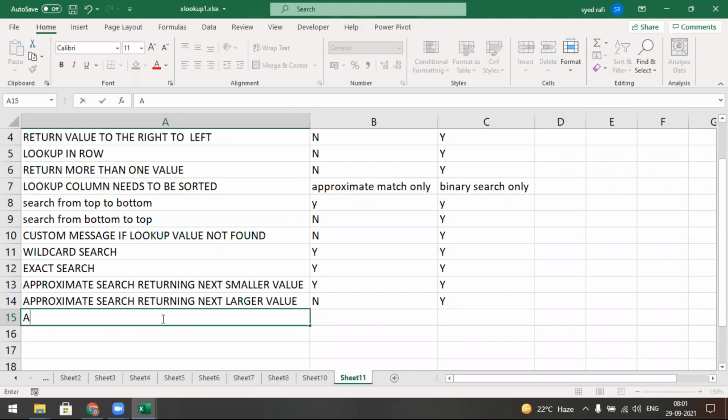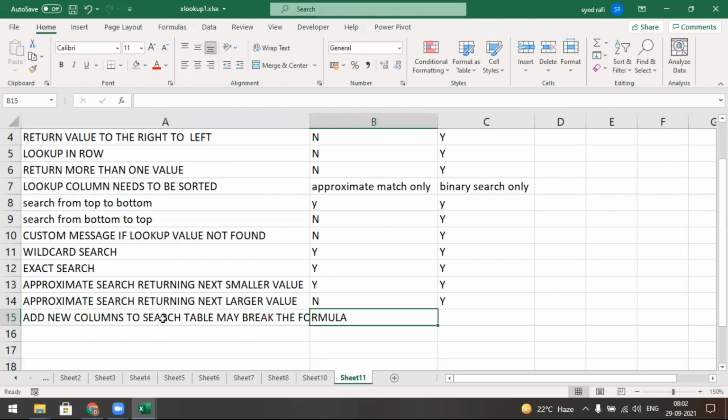Another one: adding new columns to the search table may break the formula. If you insert a new column in the table, the formula will break, meaning it gives the wrong answer and can't be displayed properly.